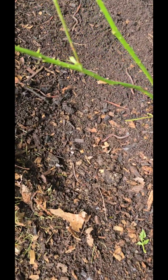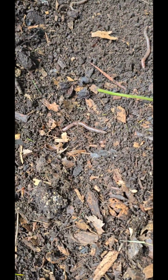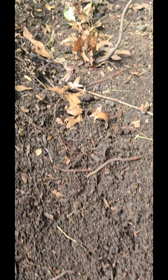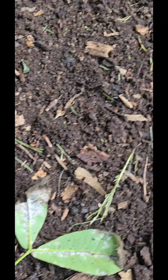They are so plentiful that sometimes I have to be careful where I walk while turning the compost because I don't want to step on them. But look at that, guys. They're just everywhere. Now with this compost, once this is broken down and I transfer it to my garden beds, whether it's containers, raised beds, or in-ground beds, these earthworms also get transported to the area wherever I'm putting the compost in. And there are just so many benefits